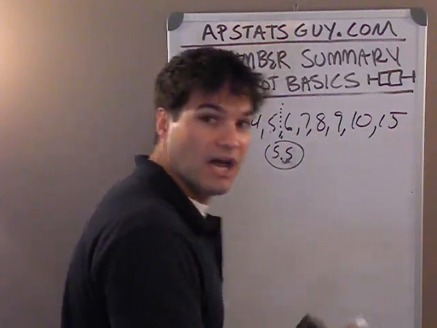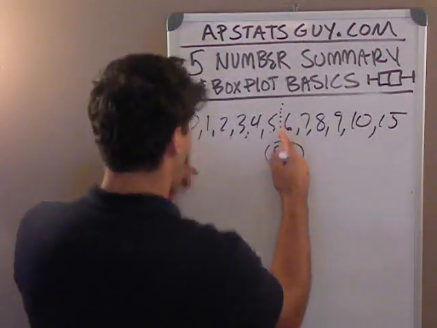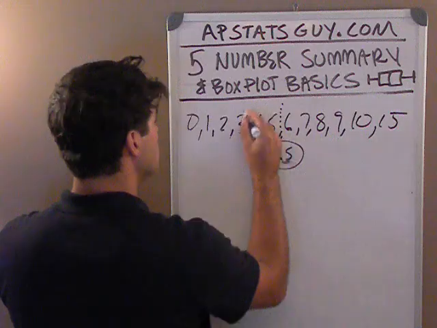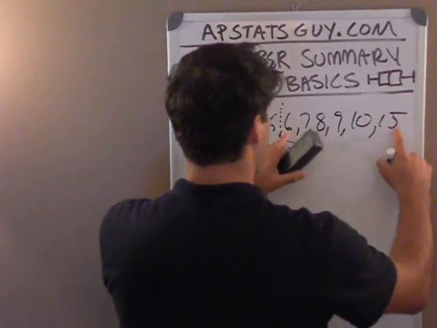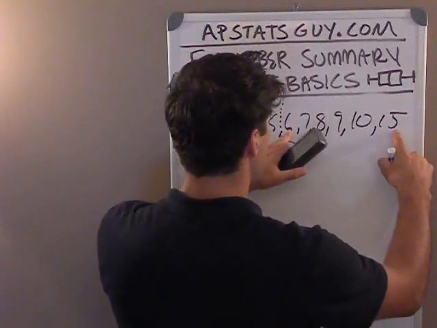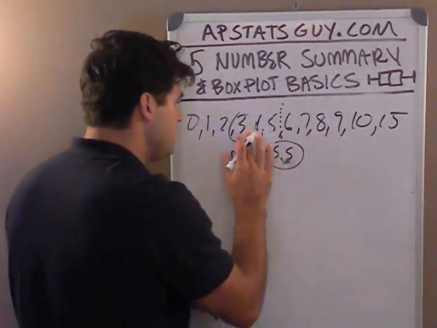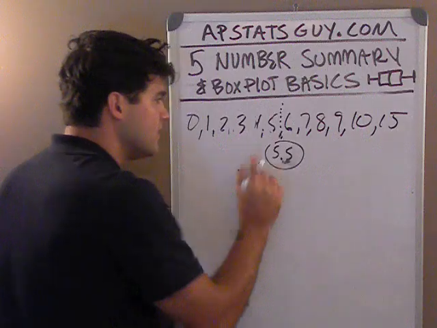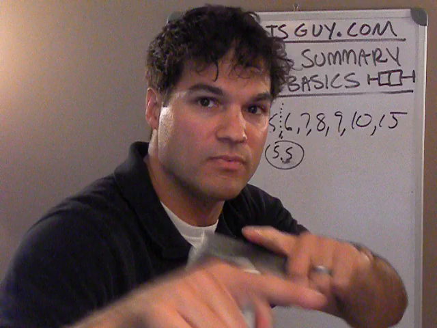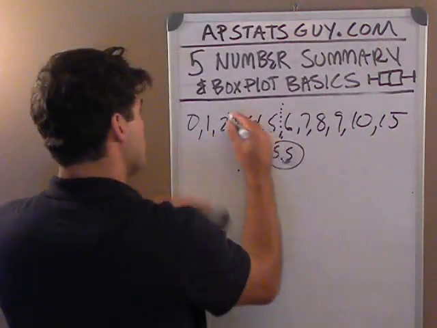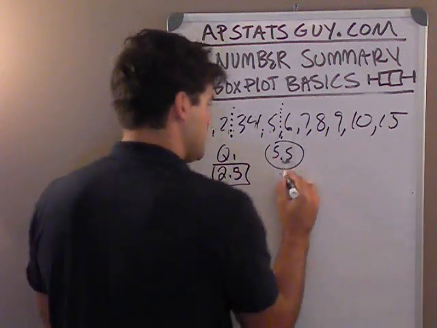Now I found the median of the whole thing. Let's find the median of the bottom half. All right, Q1. Let's find the median of the top half. Wait a minute, oh, I made a mistake. Hold on. See what happens? Haste makes waste. I did that hastily. I cut it right between these two. Q1, 2.5. Q2,